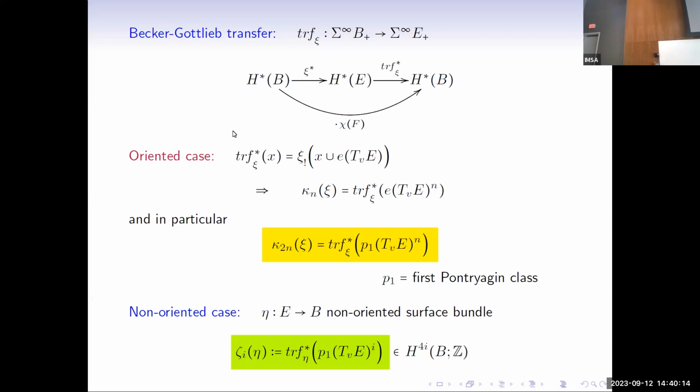All right. So we can use this observation as motivation to define classes in the non-orientable case,